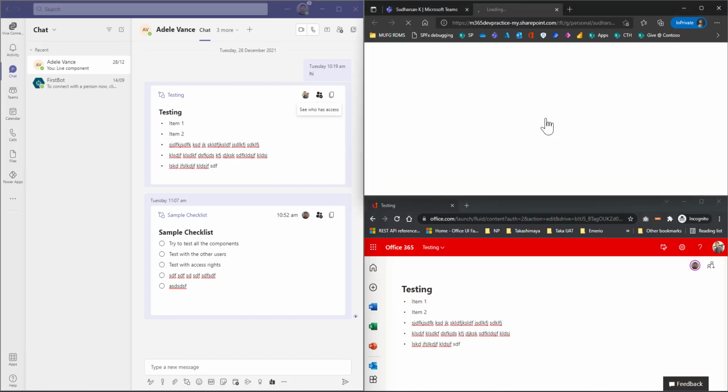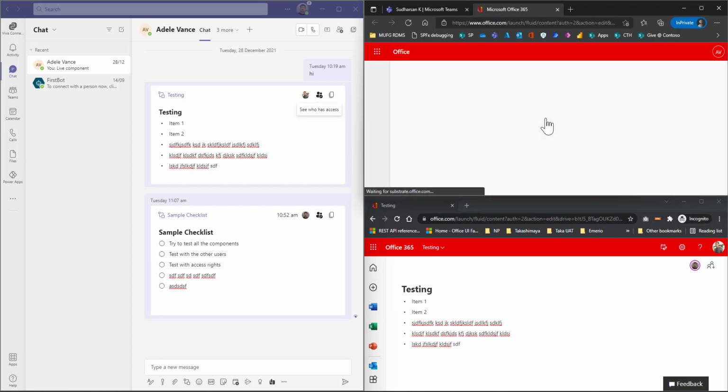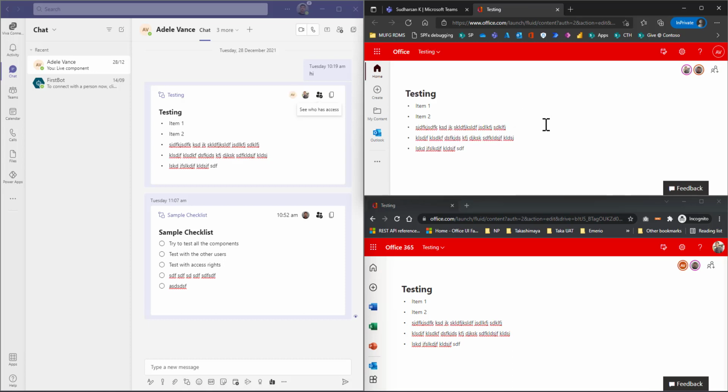When she clicks on this live component, it automatically redirects to a Fluid file and opens the Fluid file in the browser. The moment it opens, you can see whoever has been involved in the co-authoring or contributor session of this live component.